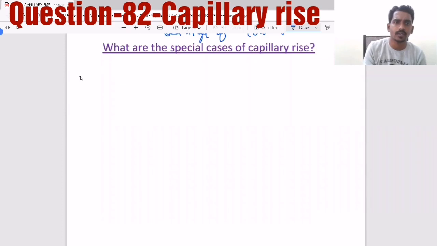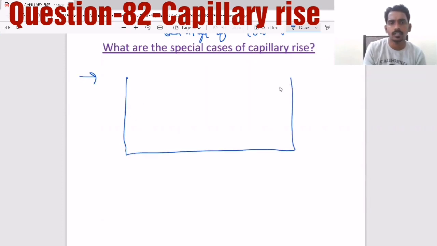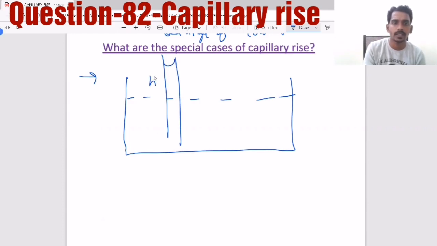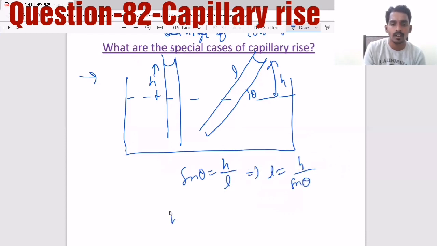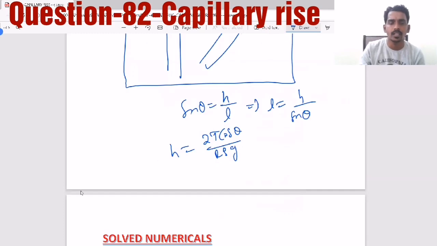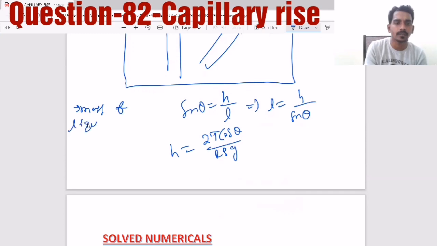And what are the special cases of capillary rise? See, this is the beaker and this is the liquid, and you take a tube. Here there is some height risen, and we have the height formula. Now suppose you keep the tube inclined. Then it also rises to the same height, but what changed is the length. Now you are keeping the tube at an angle theta, so sin theta equals h by L, then L equals h by sin theta, where h is the same 2T cos theta by r rho g. And suppose they ask what is the mass of liquid that rises,